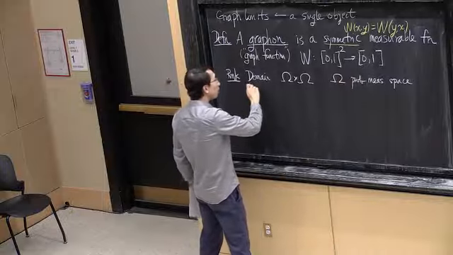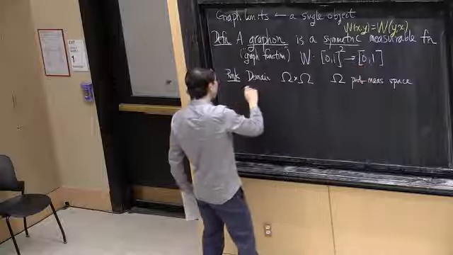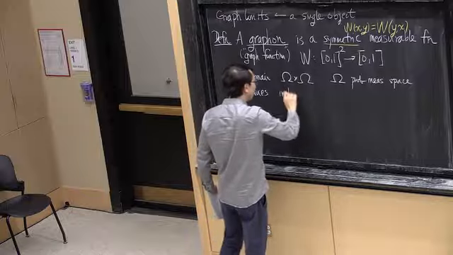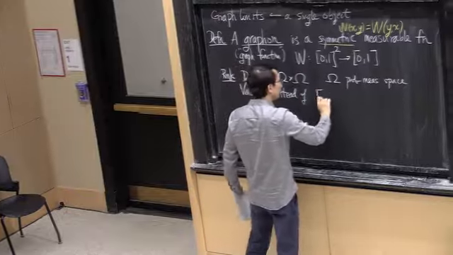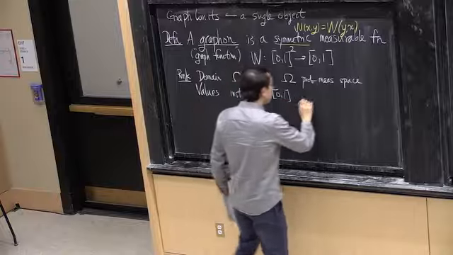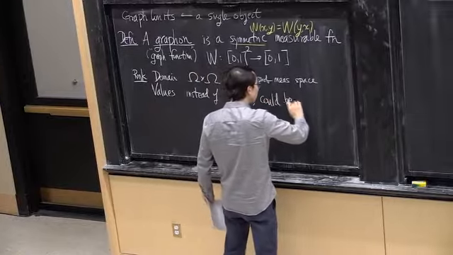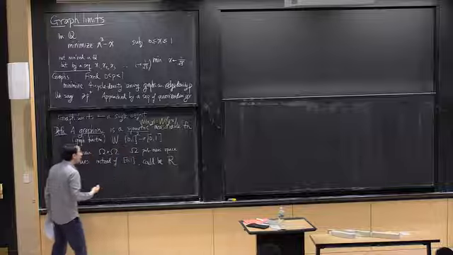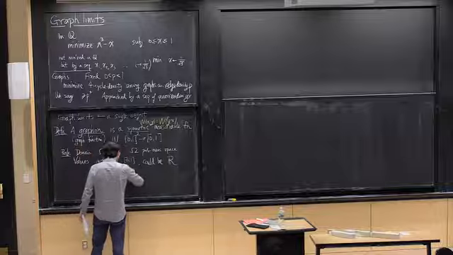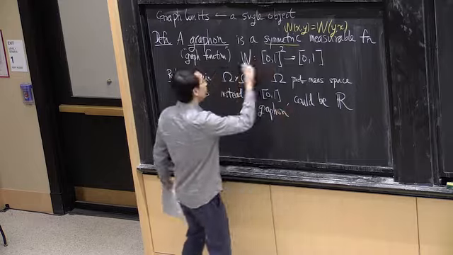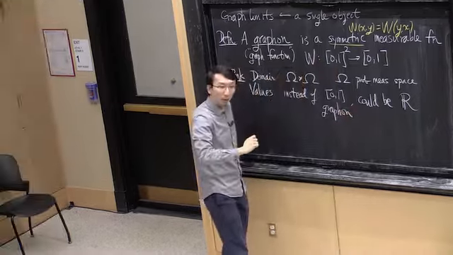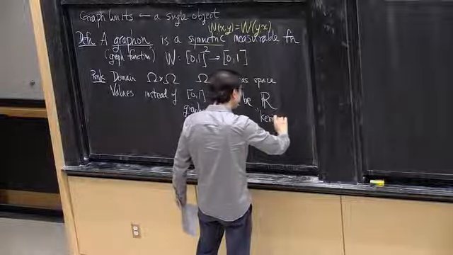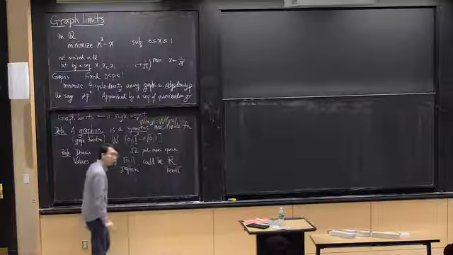And also, instead of the 0, 1 interval for the values, you could also take a more general space, for example, the real numbers or even the complex numbers. I'm going to use the word graph function to reserve this word for when the values are between 0 and 1. And if it's in R, let me call this just a kernel, although that will not come up so much.